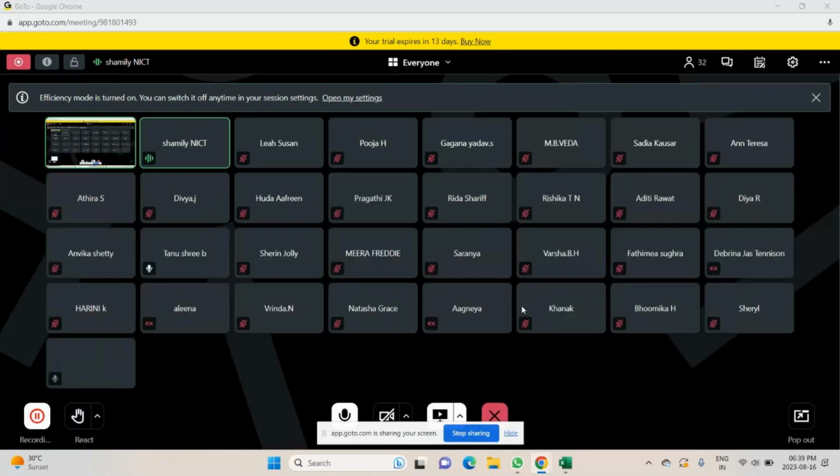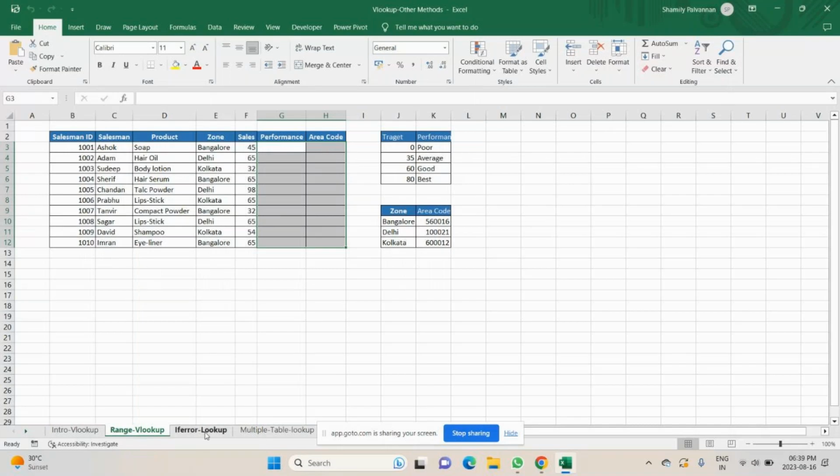So in continuation of the same VLOOKUP, we will be doing this data. I will be continuing the same VLOOKUP. So you can check with this. Wherever you have a doubt, you can ask me, right? So let me go to the VLOOKUP. I have done the introduction part, then we went for range VLOOKUP, then IFERROR we have also done. Now I have a